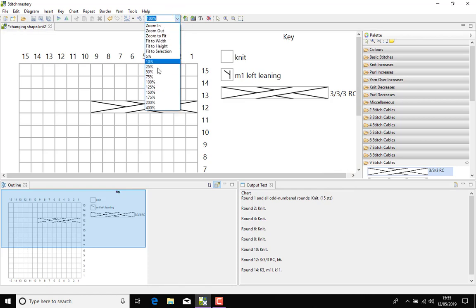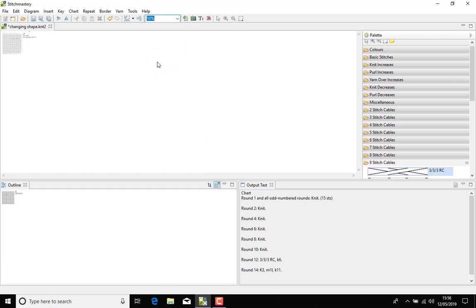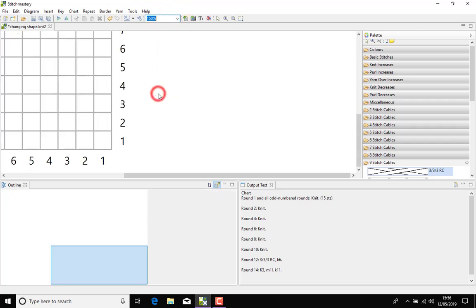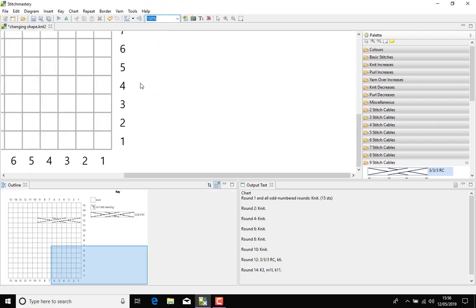First of all, I'm going to zoom out to 10%, and when that happens there's no gradual motion. You don't see the chart descending in size. It just clicks from 100% straight to 10% small, and the same again if I click 150. You don't see it growing in size, it just changes in an instant.